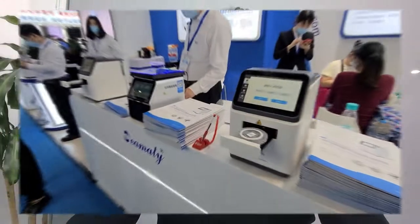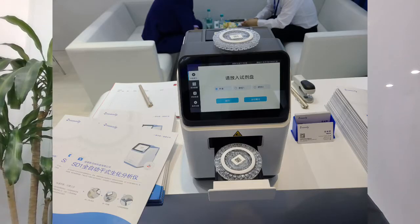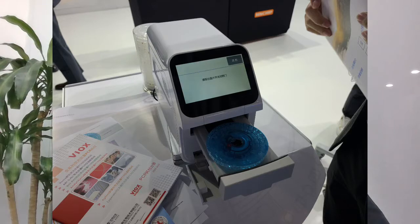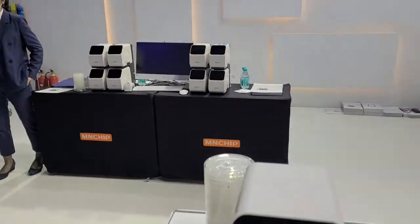So to begin with, I would like to start with an overview of my favorite area, IVD. Several points caught my eye. This year, like never before, we've witnessed a lot of new instrumentation based on microfluidic technology in the biochemistry field. About 7 to 8 companies rolled out their small miniature biochemistry analyzers that are used mostly by fever clinics around China due to their very small amount of wastewater as opposed to standard biochemistry analyzers,